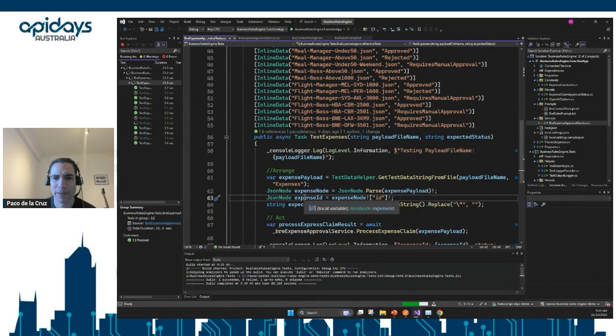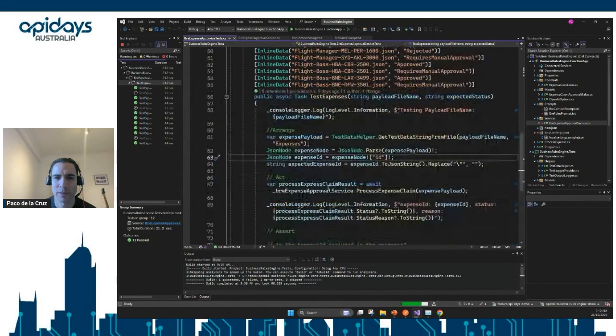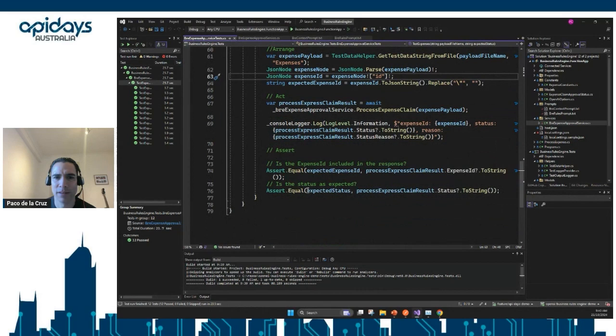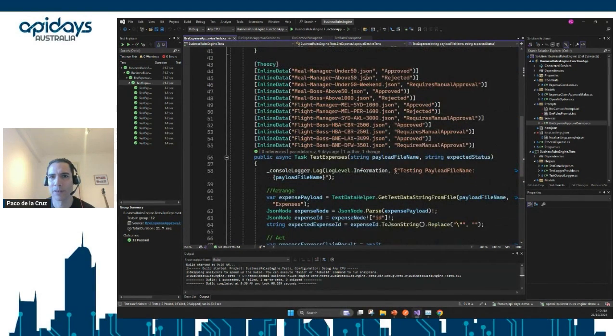Then I'm grabbing the expense ID from the document in the arrange. Then on act, I'm calling my service, right? And then on the assertion side, I'm checking if the ID matches, and then if the status matches the expected value, right? So depending on the document, these are the statuses that I'm expecting.